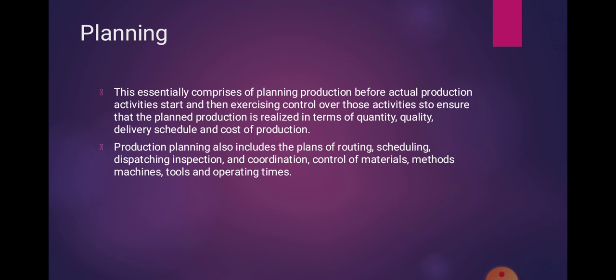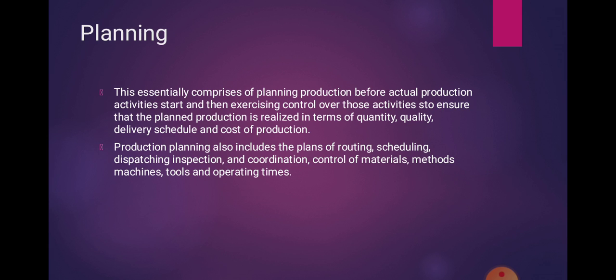You can understand the steps of the production planning. So again I tell you what is meant by planning. Once again, please keep in mind, it essentially comprises planning production before actual production activities start, and then exercising control over those activities to ensure that the planned production is realized in terms of quantity, quality, delivery schedule, and cost